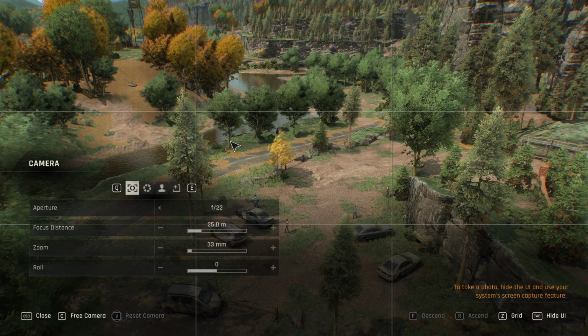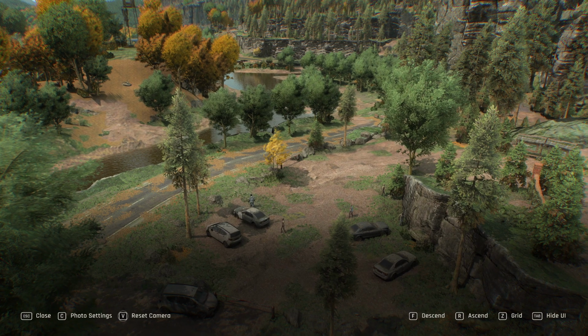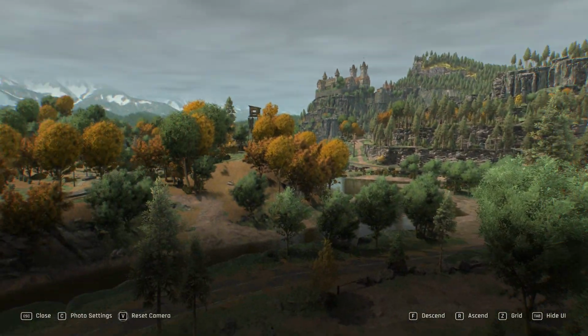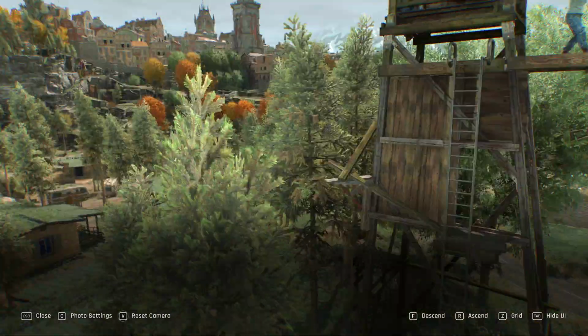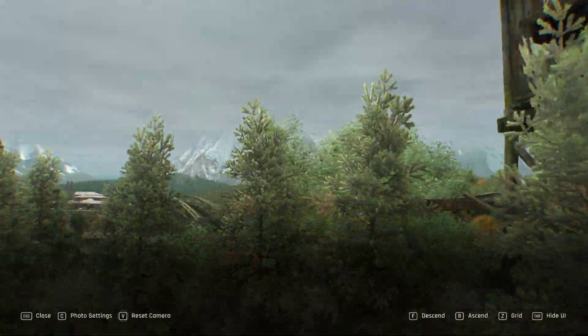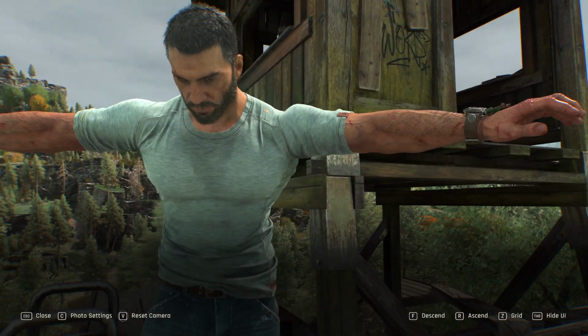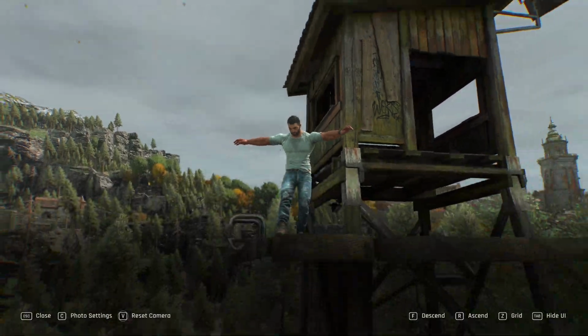We can use the Z button to see grid lines, and also we can click the C button to use a free camera that allows us to fly around and see our model and